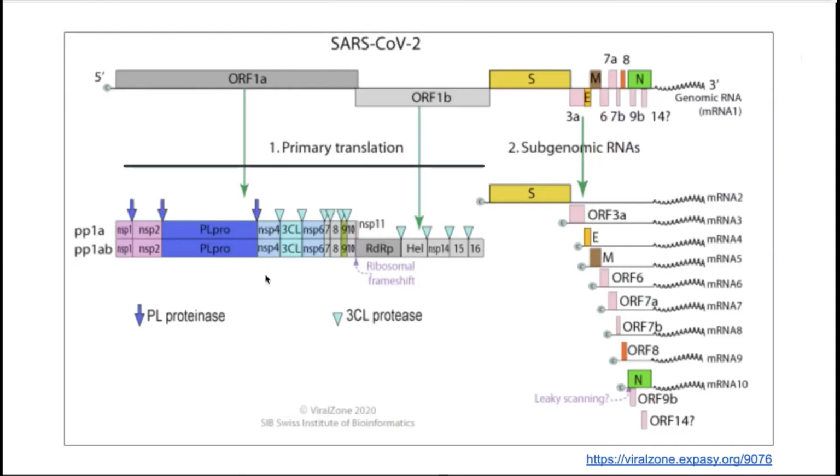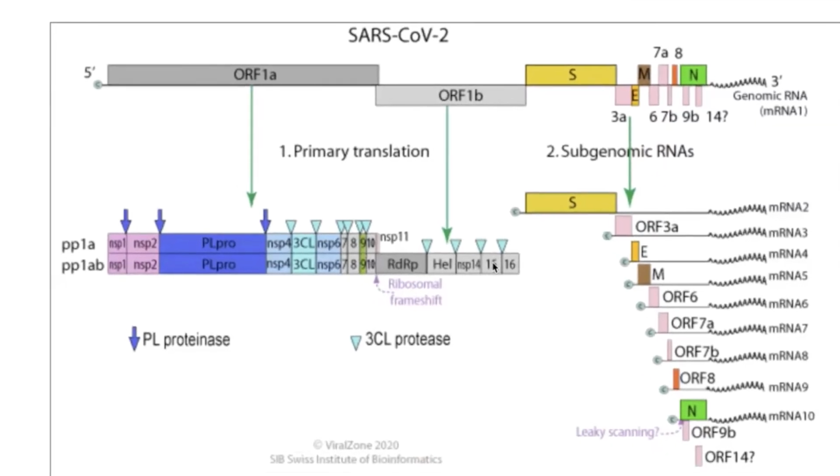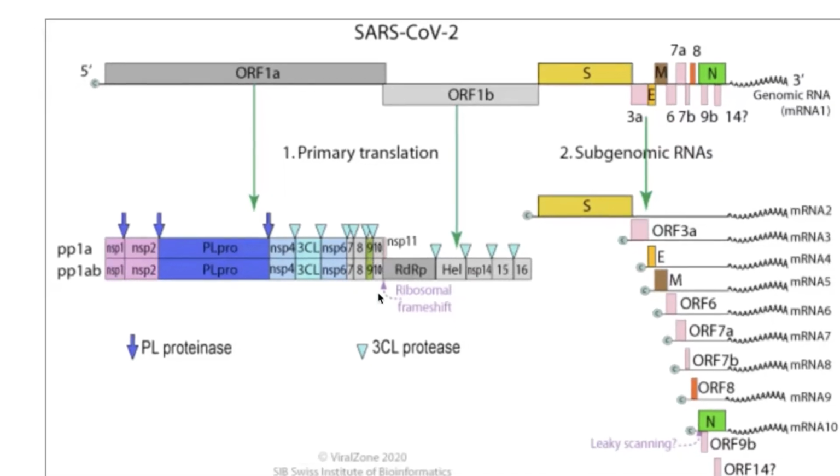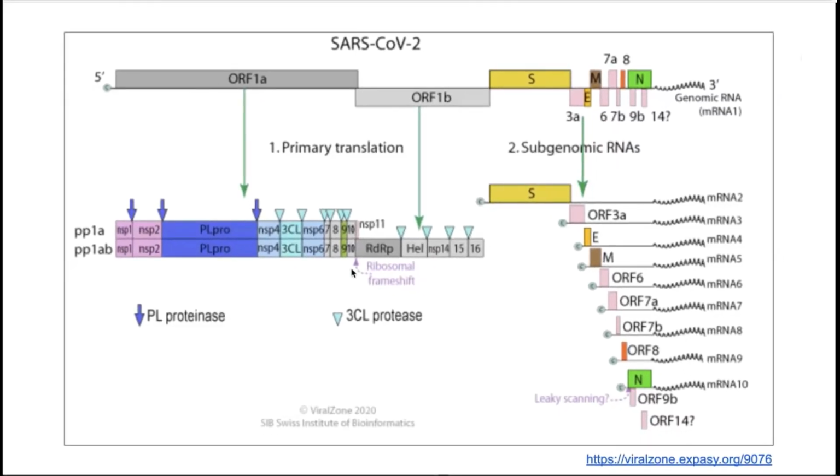This section of the mRNA is ready to make proteins. In PP1A, about, I think, 10 of these proteins are made in one long strand. But these proteins need to be cut up before they can do their job. And the cutting up will happen with these 2 very important proteases. The first one is the PL proteinase that you can see in purple. And the second one is the 3CL protease that you can see in the cyan. So as soon as this section is translated, the 3CL protease and the PL proteinase will cut itself off and start cutting off the other proteins within the section.